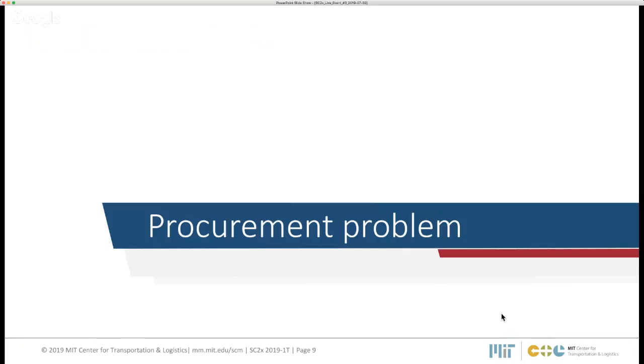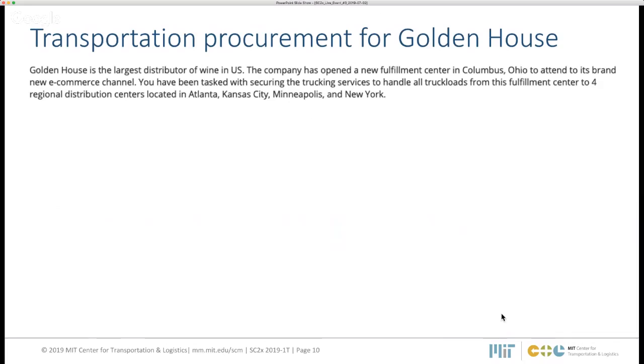So let's solve our first problem. It's a problem related to transportation procurement. Let me read this paragraph.